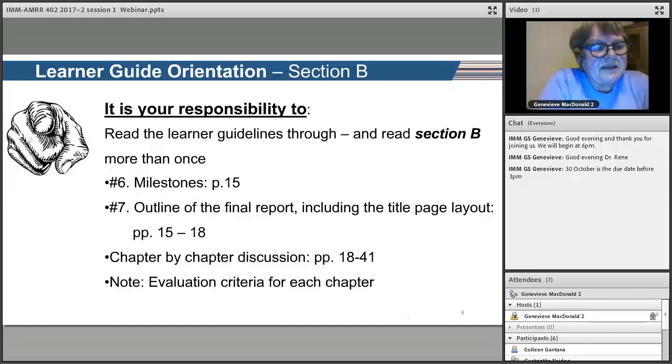As part of independence and self-responsibility, you have to actually really use the material available. It's very depressing to mark assignments and to see that people did not even go through the learner guidelines. Section B deals specifically with the report and all of the chapters. So please read section B more than once and make sure that you go through it as you progress through the various chapters. For instance, on page 6 you will find,